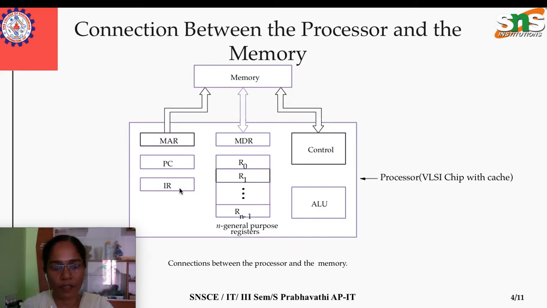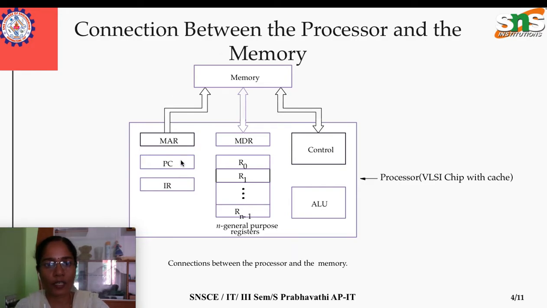We also have some special registers like the PC. PC is nothing but the program counter. As I told you, if we want to run a program, a program is nothing but a set of instructions, and the instructions are executed one by one. So what is the sole purpose of the PC? Don't take PC as a personal computer. Here it is the register, the program counter. The program counter holds the address of the next instruction to be executed.